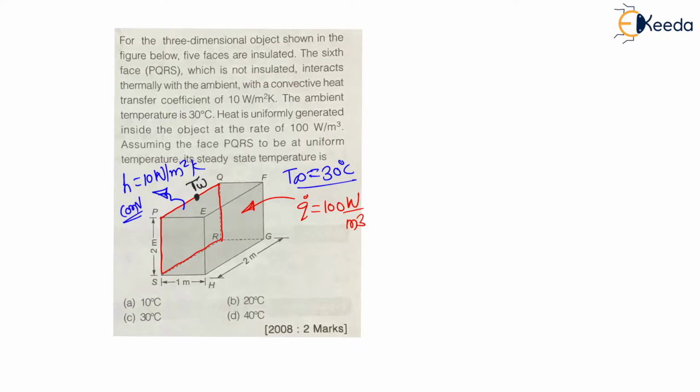Therefore, as heat is generated inside this object, for a steady state condition the temperature of PQRS will always be constant. But because of internal heat generation in this body, the temperature of PQRS is increasing. So my dear students, to maintain its temperature equal to some T wall, the heat generated inside this object must be lost to the surrounding fluid by convection. And here all other faces are insulated, therefore heat is lost by convection through only PQRS. Therefore for convection we have to consider the area of PQRS only, right?